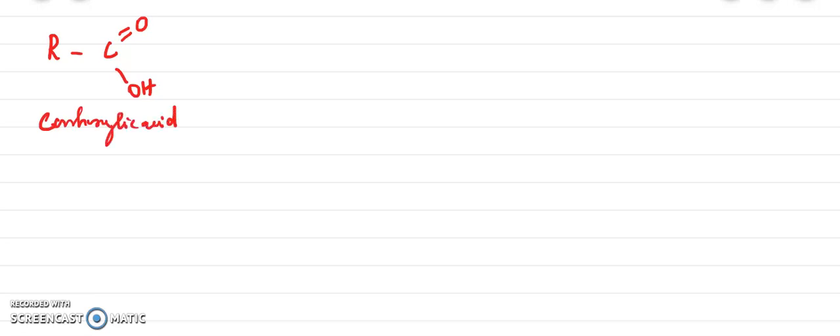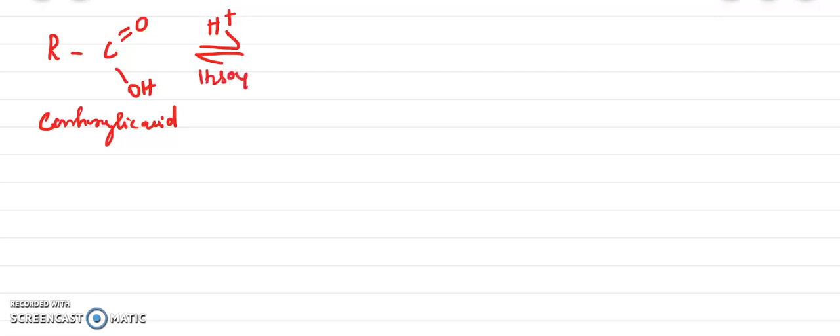So the first step is, we know that the starting material is carboxylic acid, right? So I am taking the carboxylic acid here and writing its structure. So this is the carboxylic acid I have taken here. You know that it is an equilibrium reaction. In the presence of H plus ion only the reaction happens. You know that we are taking H2SO4.